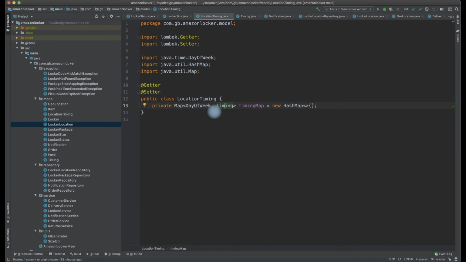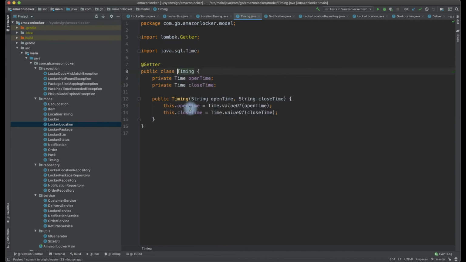And open and close time can be different for different days in a week. For example, Saturday and Sunday, malls may be open for a little longer duration. It may start from 7 a.m. to 11 p.m. But on normal working days, since their business might be less, they might try to open a little later and close a little early. So we have modeled the location timing as a complex map which is specifically applicable to different days of a week. That's how I have come up with it.